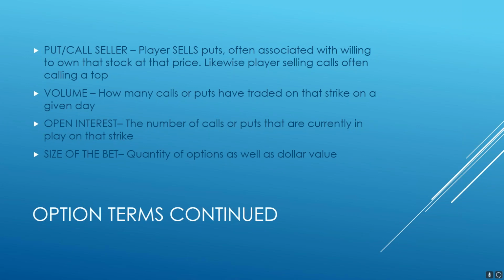And the size of the bet, I qualify that as the quantity of the options as well as the dollar value. So somebody who buys 10,000 options at the money versus somebody who buys 10,000 options way out of the money, it's not exactly the same type of bet, right? So we saw some cheap bets